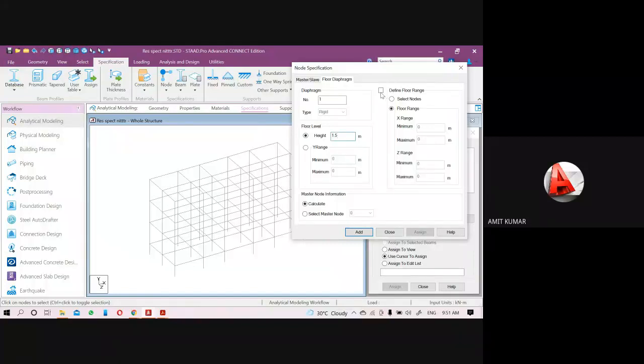Okay, and select the define floor range and pick the select node option. If I select the select node, that means now I have to assign this value by selecting the nodes. But if I select the floor range, in that condition we have to set the floor range along the x engagement. That means if I want to create the flow diagram only for a distance of 8 meter along the x-axis,